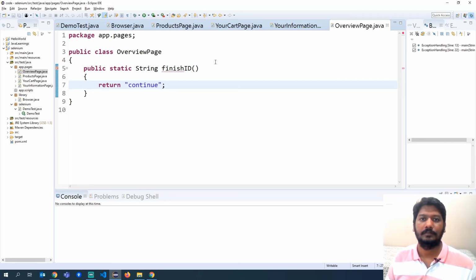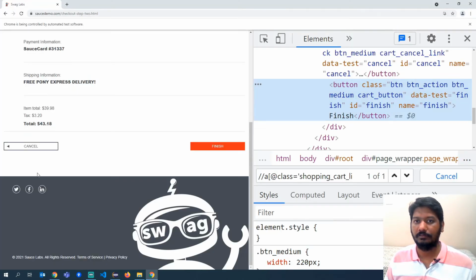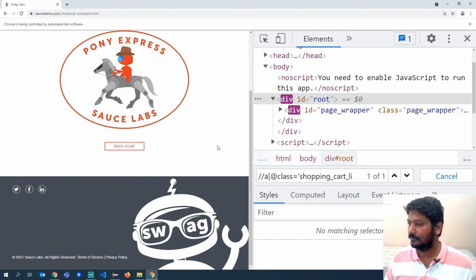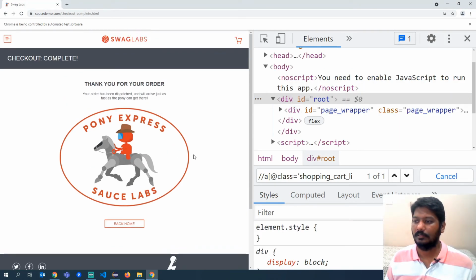Okay, now what will happen after that, right, once you click on finish? Okay, so here if you see, it has given a particular confirmation page saying thank you for your order. Okay, now let us understand whether this particular object is coming or not.